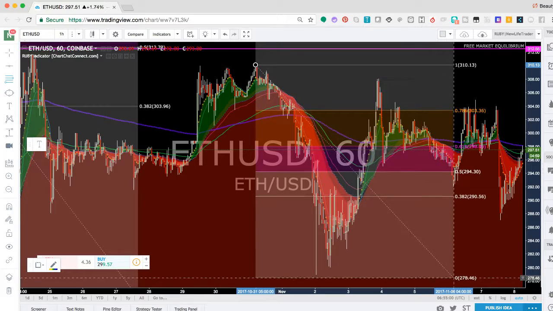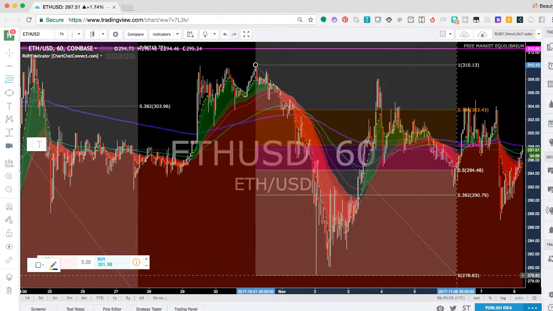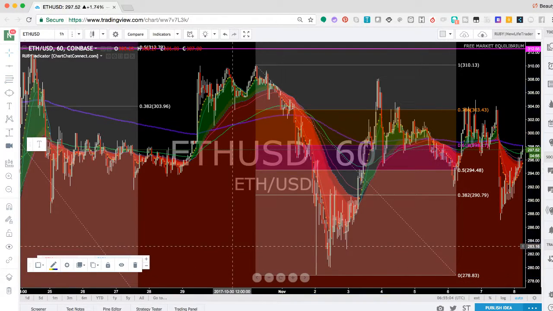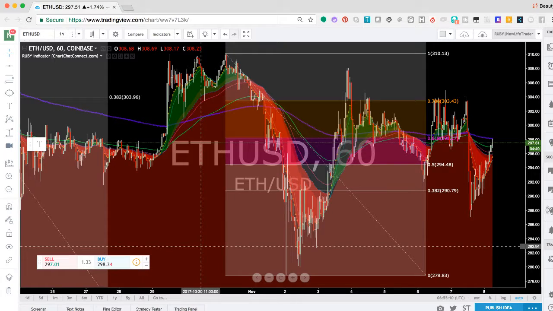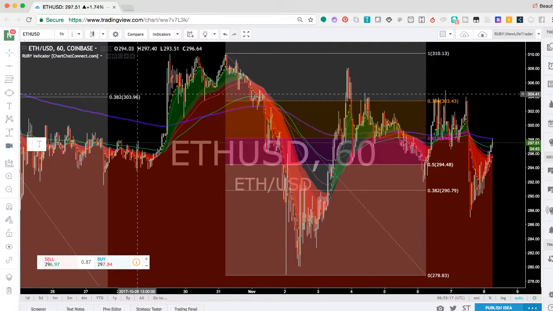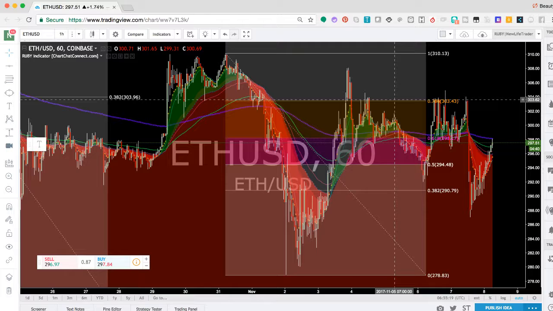And cover that down. So now it's a fib. It's not a fib on a fib, by the way. It's not a fib in a fib just yet. So you see the 303.96 and the 303.43. So we know that the trade, and you can see, the trade stays above the 294.48, then we have a